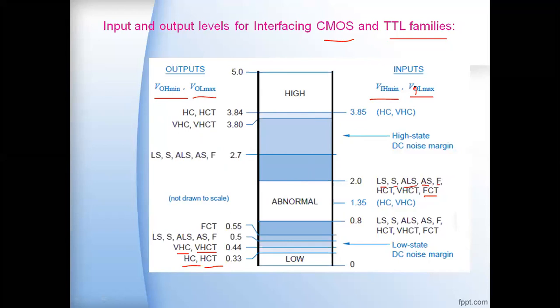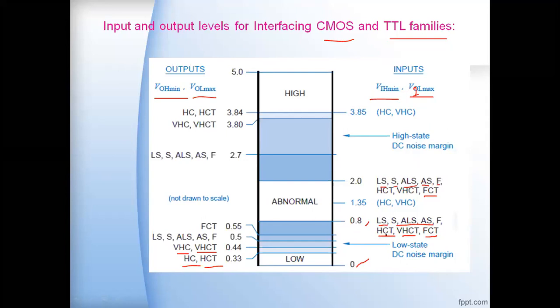It is VIL. Okay, it is not VOL. VIL maximum here. So from this diagram alone, you can know the voltage logic parameters here. Okay. So you can see the examples also here. At the input, the VIL maximum is between 0 to 0.8 for the cases of the TTL logic families. And it is also the same for the CMOS TTL compatible logic families.